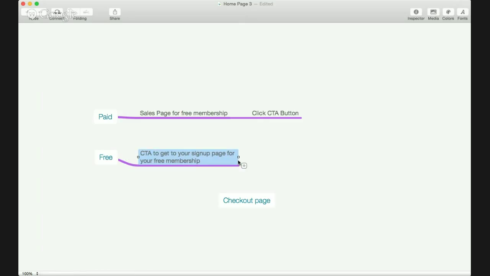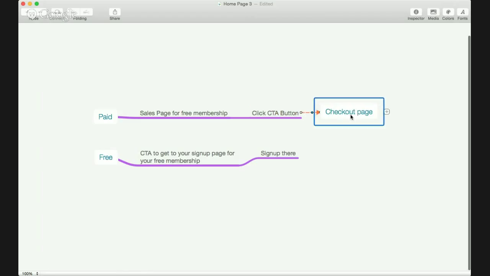And then they're going to sign up there. And then this will lead to that. But here, you're not going to the checkout page because you're signing up on the actual page itself. So now you're going from the sign up page, you click the button once you have all your info, and it takes you straight to the library, which is